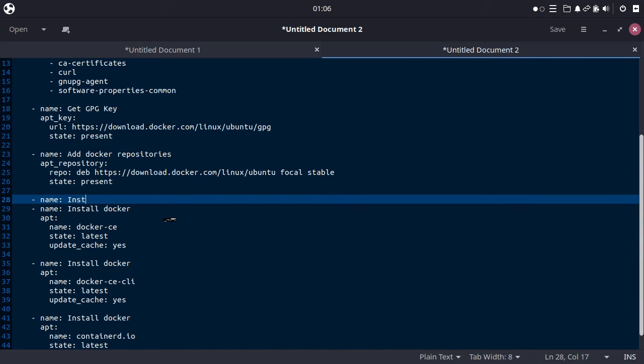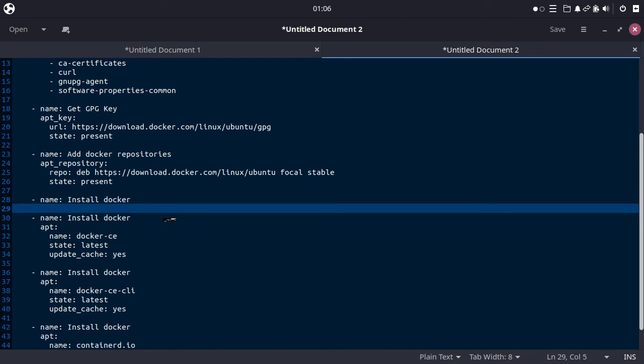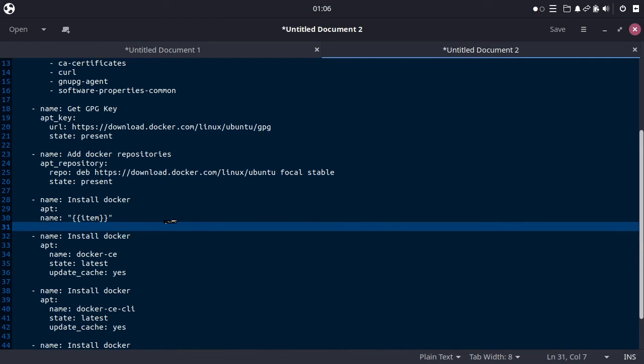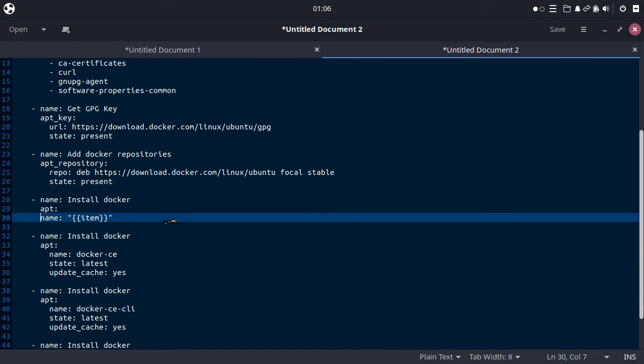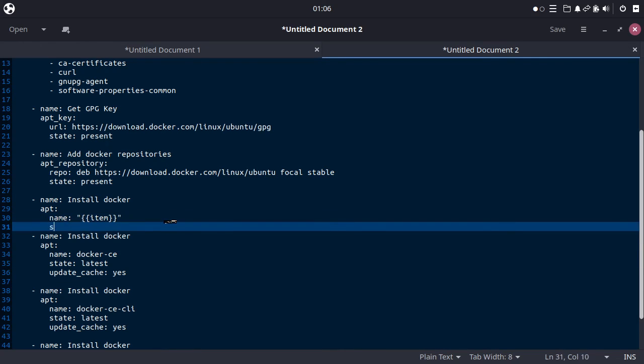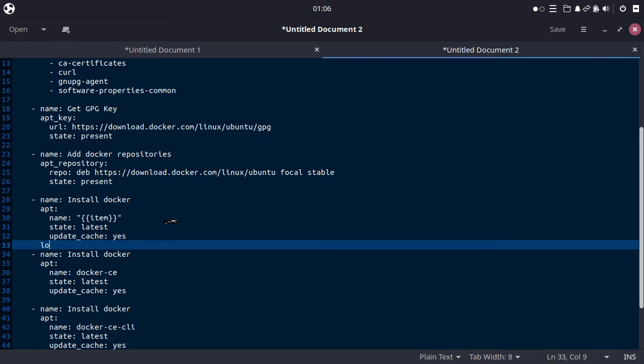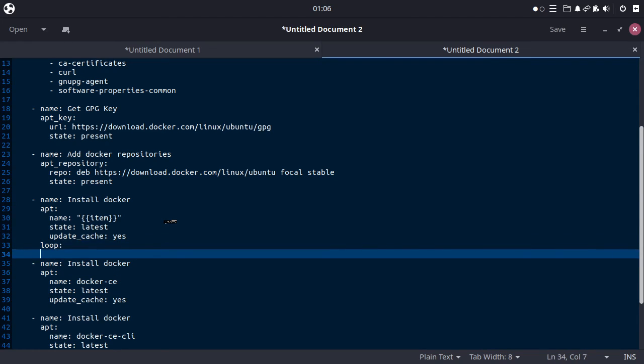Name: install Docker. The application that will execute it is apt. Name. Again, when we are going to use loop, we use this one. Just use it. Don't think too hard. Okay. Oh, sorry. State latest, update cache. Yes. Now loop, right?